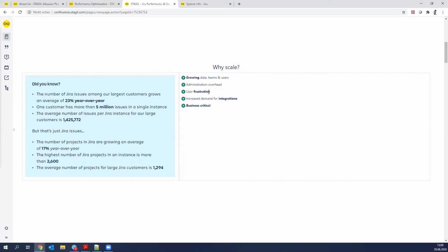And all of a sudden, Jira is that process and workflow tool, your working tool, and suddenly you know, okay, if Jira fails, that's business critical. I mean, think about having 10 developers and Jira is down for 2 or 3 hours. That's bad, but I guess that's not the end of the world. But think about having teams all around the world, or working with external partners together on your Jira system, and you have an outage, and suddenly 1,000 people from